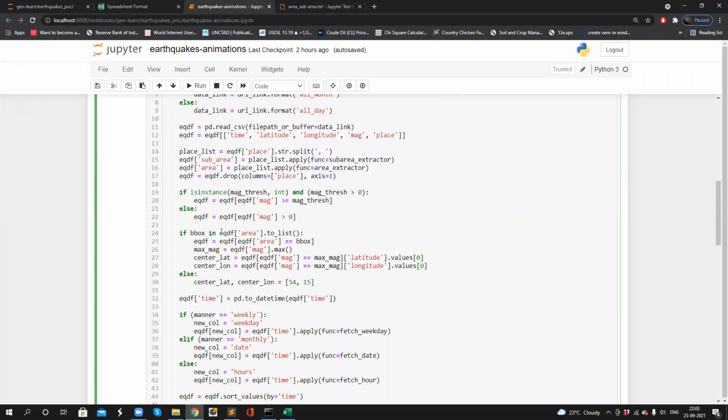So if the bounding box is in the area list, just filter the data and find the maximum magnitude. Based on that, extract the latitude of that row and the longitude of that row.